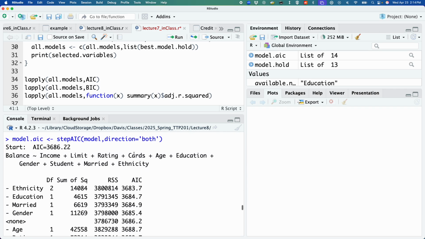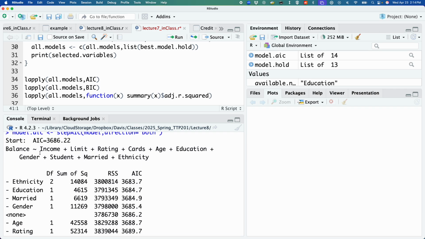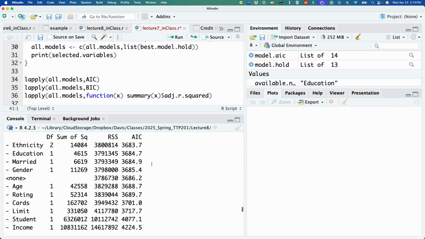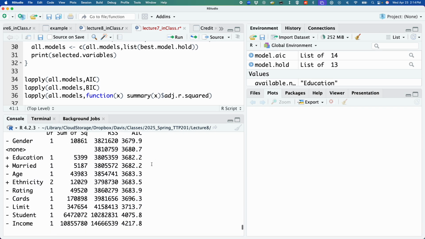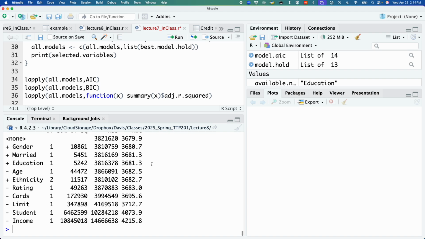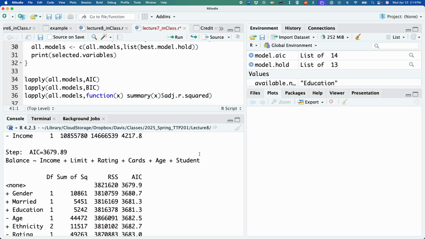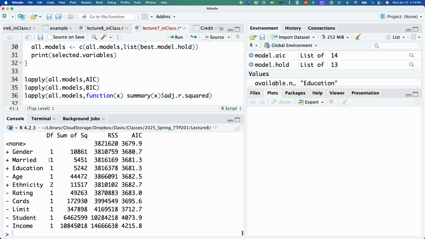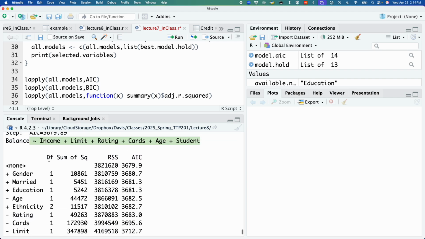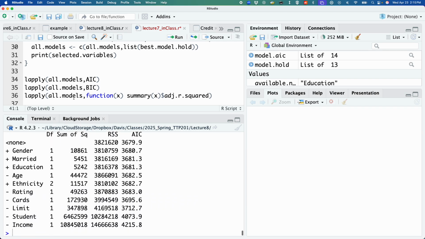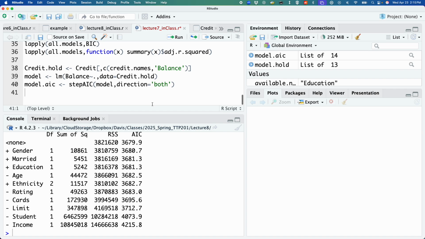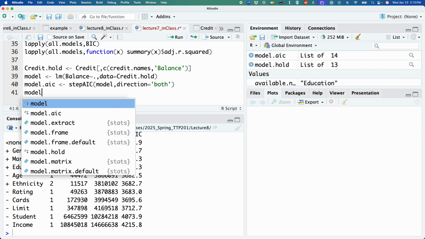Okay, so we can see running on all of these variables, it will iterate through until it arrives. So this one is going backwards to a final one before it stops based on the threshold of the AIC. And if you wanted to do the BIC, it's the same thing,